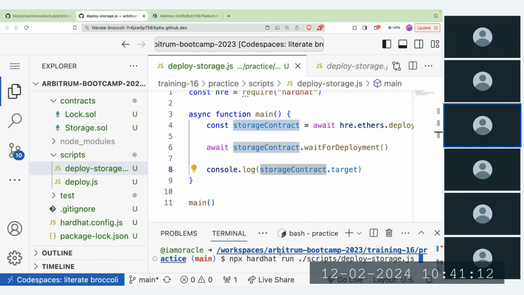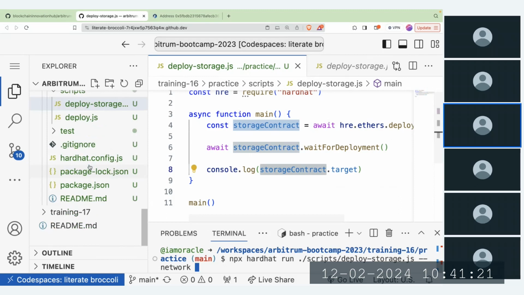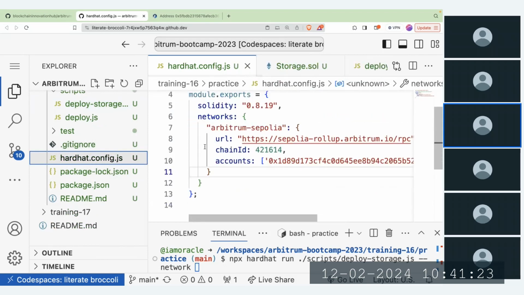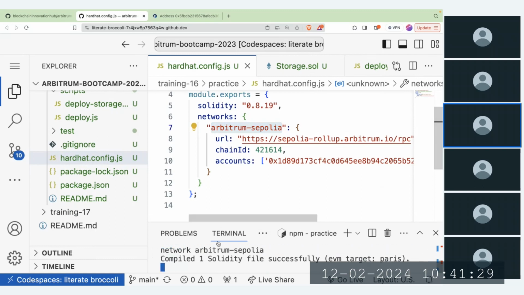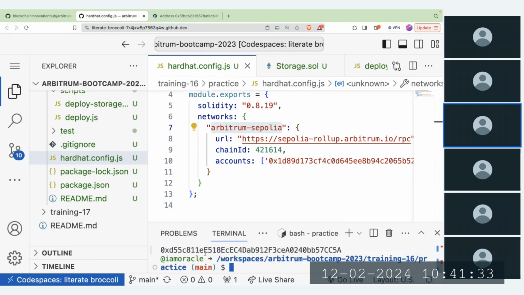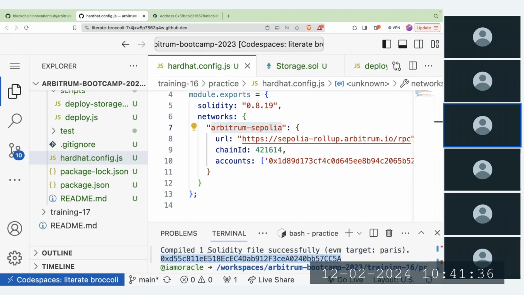What network do you want to deploy to? You can set the network by saying hyphen-hyphen network, then the name of the network we used there. You can see that the name is Arbitrum Sepolia. Let me copy it and paste it here. Then enter. So I'm going to deploy this contract on Arbitrum Sepolia. You see, it compiled the file successfully and it deployed it on Arbitrum Sepolia and returned the